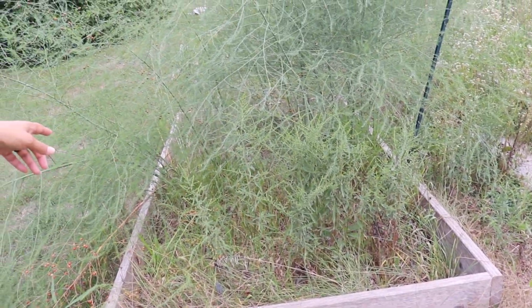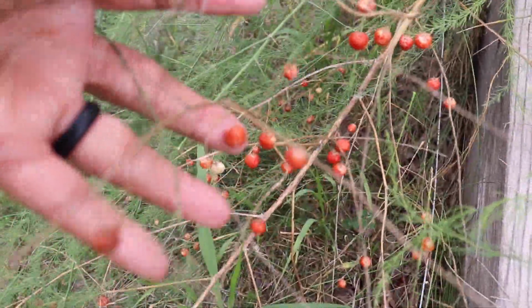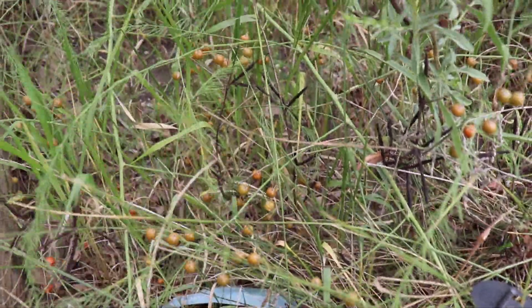Look at this thing. These ferns are amazing. Look at all these seed pods. Some of them even seeded. Look at these little baby asparagus plants that we've got. That's pretty exciting. One of the really nasty things that we found, which is pretty common to most places,